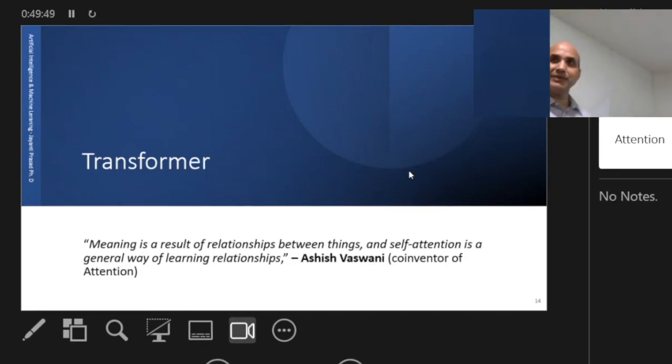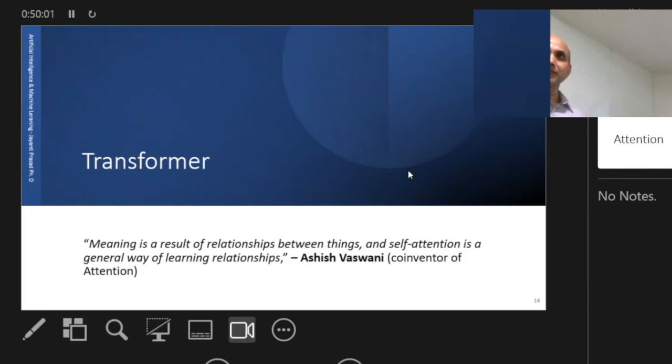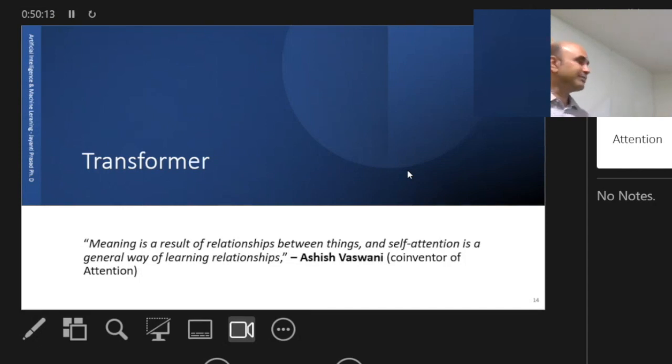lead author of this paper. And this paper is one of the most cited papers in computer science. Historically, I will show the number also, I think 92,000 and more than that. Just in 6-7 years, it got that many citations. And this paper was the foundational paper for all these LLM models which we see nowadays. Without this paper, we would not have GPT or anything.